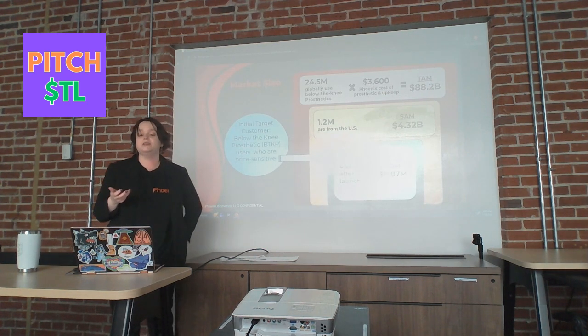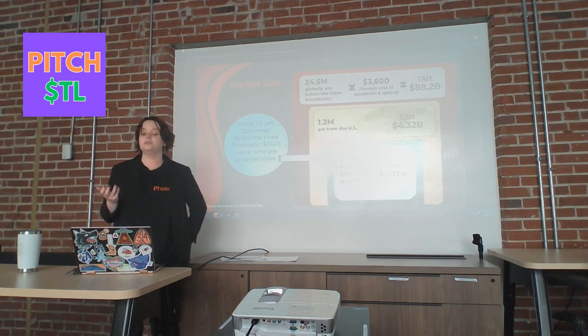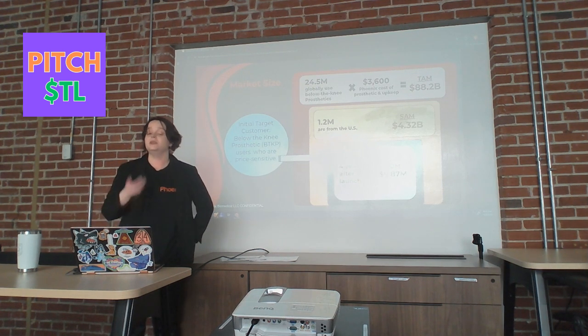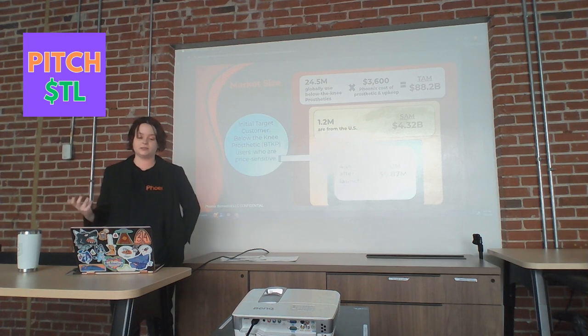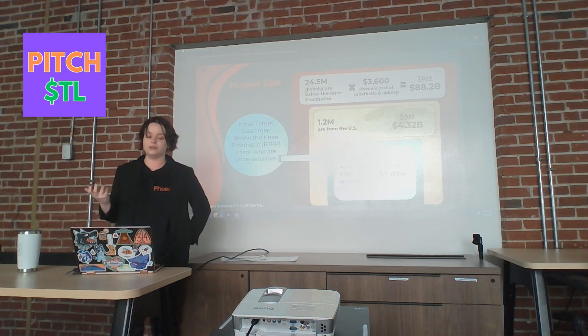The WHO estimates that there are 24.5 million below-the-knee prosthetic users worldwide. We can multiply this by the upfront cost of our unit, which is $3,000, plus our yearly maintenance plan cost, which is $600, giving us our TAM of $88.2 billion. 1.2 million of these below-the-knee prosthetic users are from the US, giving us our SAM of $4.32 billion. And right now, our current projections anticipate more than 4,000 users 4 years after launch, giving us our SOM of